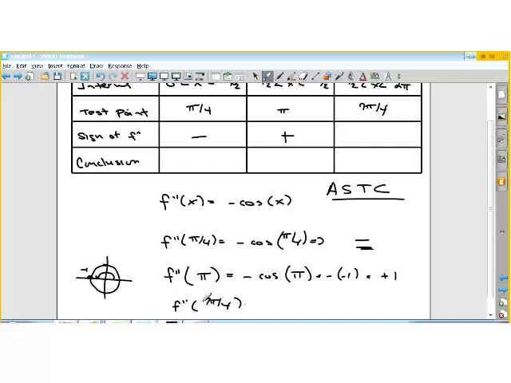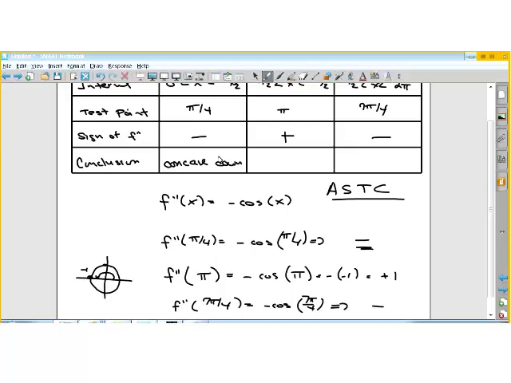And then we have 7 pi over 4. So we get negative the cosine of 7 pi over 4. Okay, so the cosine is positive. This is in the fourth quadrant. So the cosine is positive in the fourth quadrant, so this is going to be a positive number. Negative times a positive gives us a negative, so it's negative. So the conclusion is